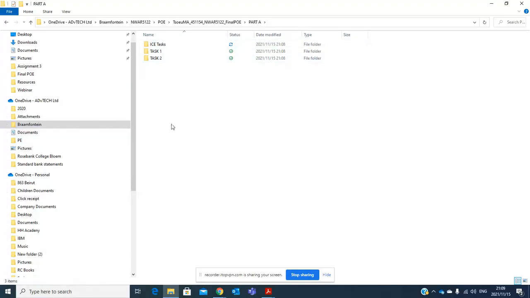Or you may say activity 1 and activity 2, and add these two folders in activity 1.